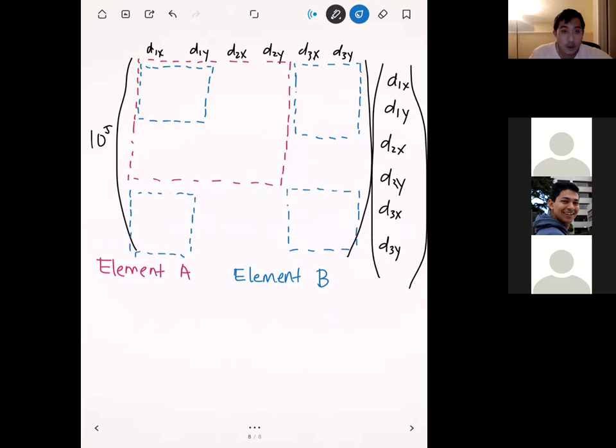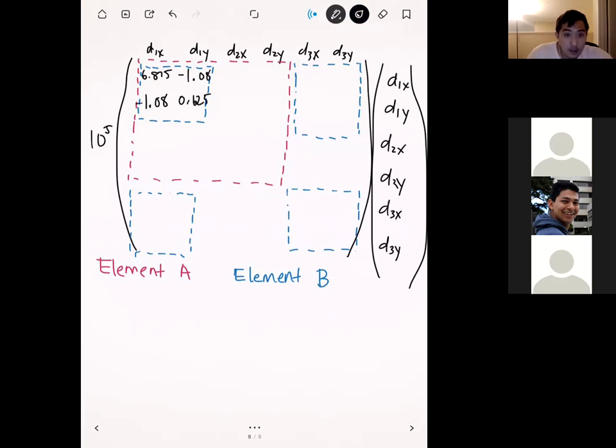I'm just going to fill in the end results, but just know that these are the results of inserting things in, and especially in this top left portion where we have this overlap on D1x D1y. This is the result of adding those guys together. And so we're going to have 6.875, and then minus 1.08, 0.625,